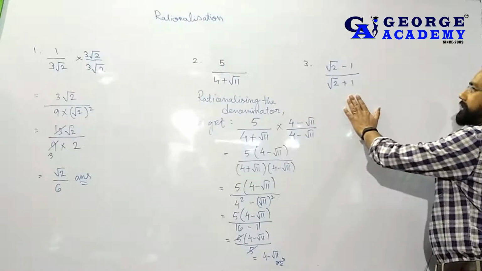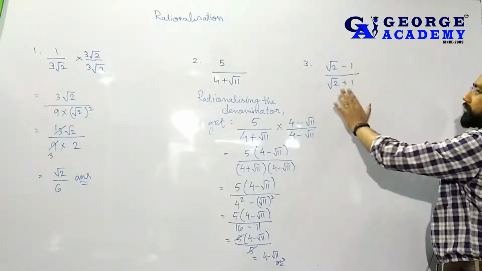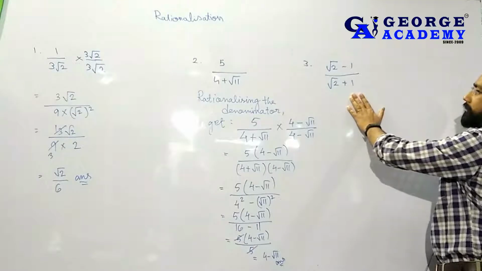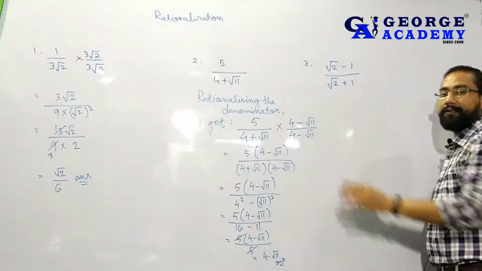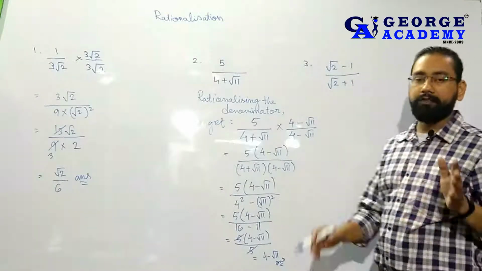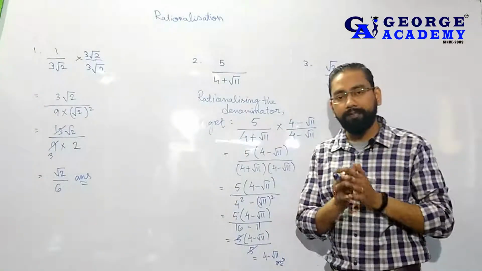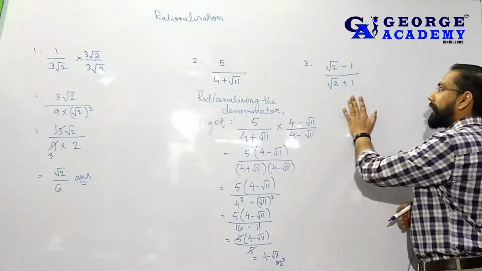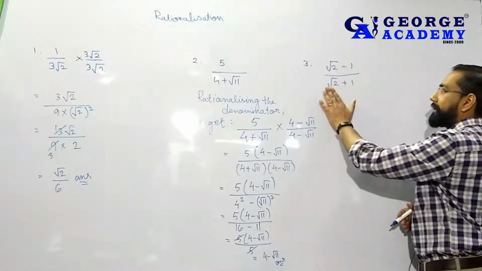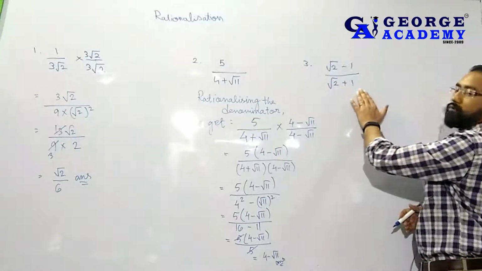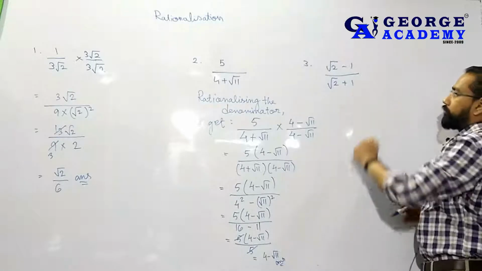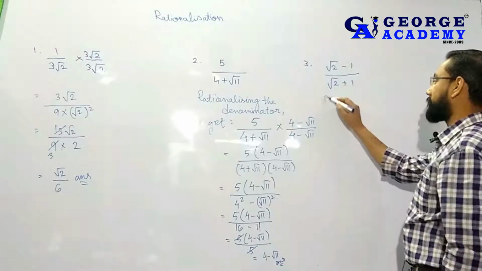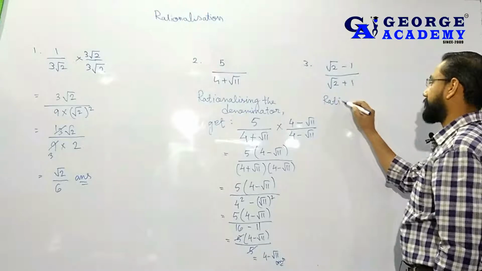Another sum: there are two terms in the numerator, there are two terms in the denominator. We are rationalizing the denominator. That means we have to remove the root sign from the denominator. We are going to multiply this fraction by root 2 minus 1 by root 2 minus 1. So again we are going to write rationalizing